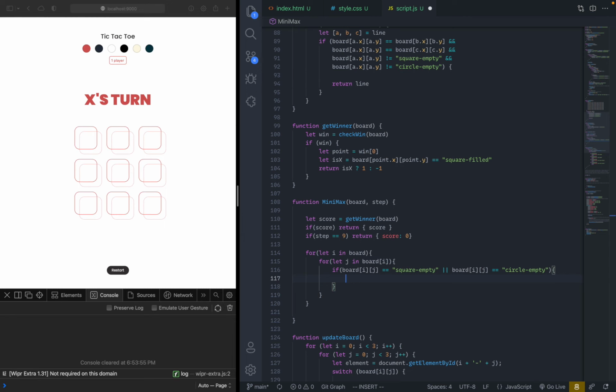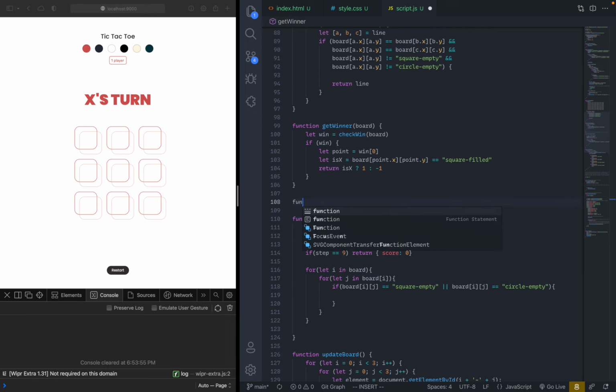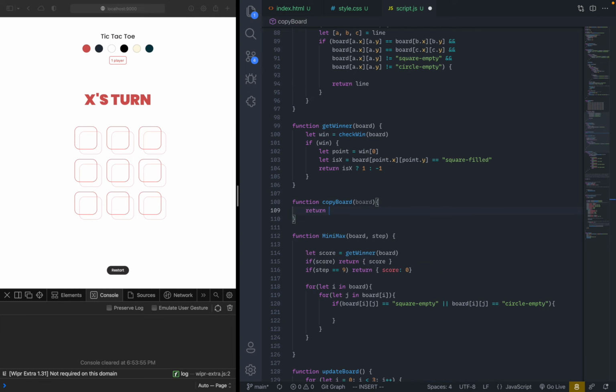When we change the board, if we just say board i j equals something, this will actually modify the board everywhere, because it's referenced and not copied. So let's make a function called copyBoard, which basically just copies the board. This is a really simple function. You can just return